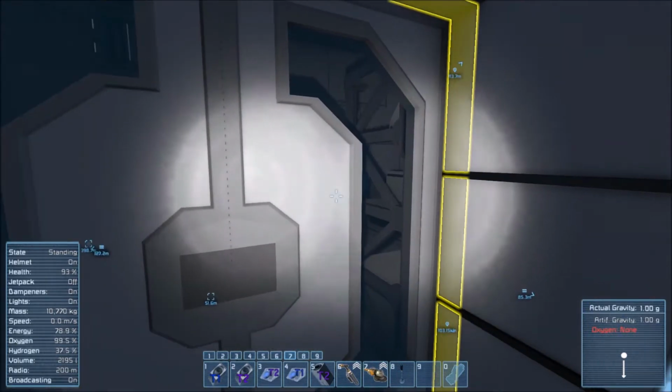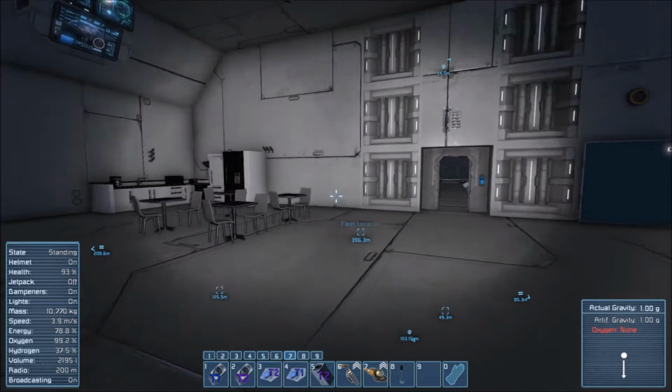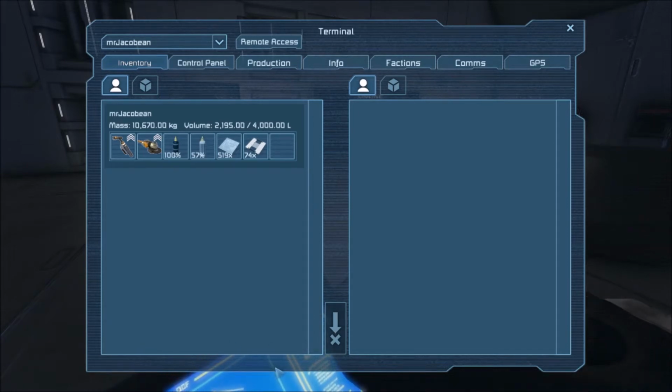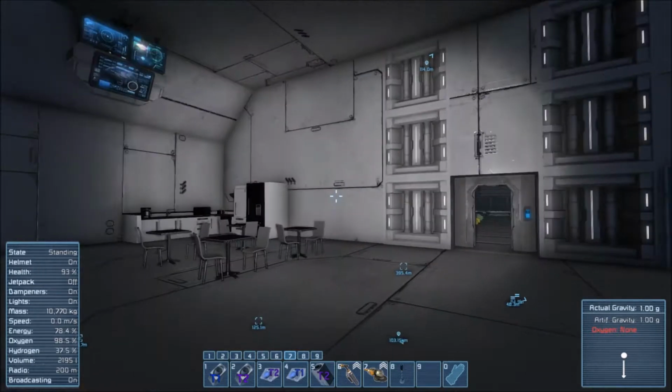So I'll go close the door. You can see that when I push buttons, I've got a thing that does active animations. So if I open my inventory, you can see at the bottom there's a person with a control panel, which is kind of cool. Anyway, so this is the